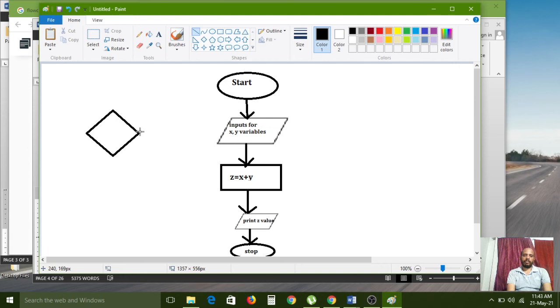If the application will execute from the right side, here we can use the connector symbol, nothing but the circle symbol. If you have two parts of the program, for that we can use this type of parts.